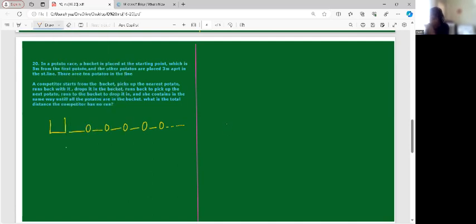First row distance, here distance is 5 meter. Here distance is 3 meter. This distance is also 3 meter. And then 3 meter continue. What we have to do, a racer has to pick up this potato and keep it in this bucket. Then